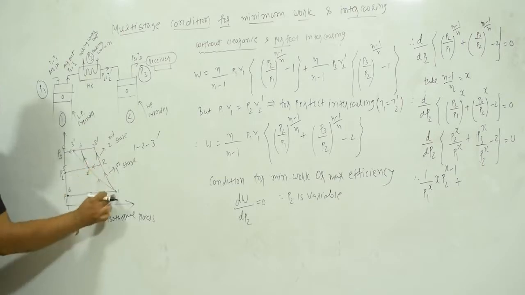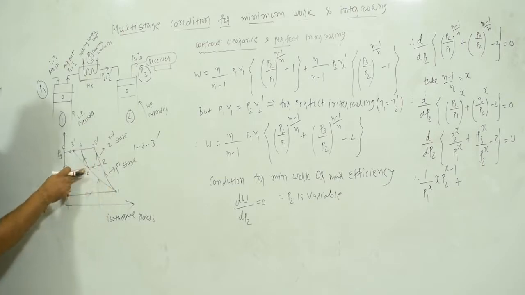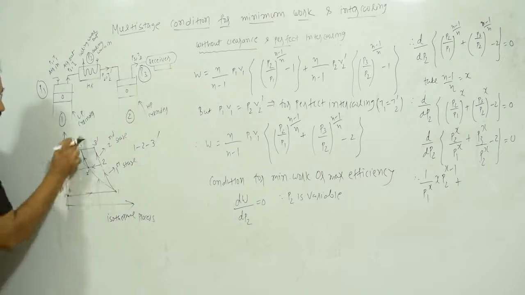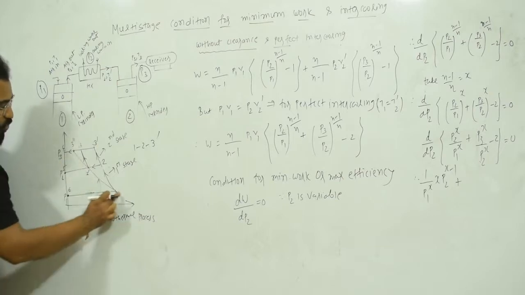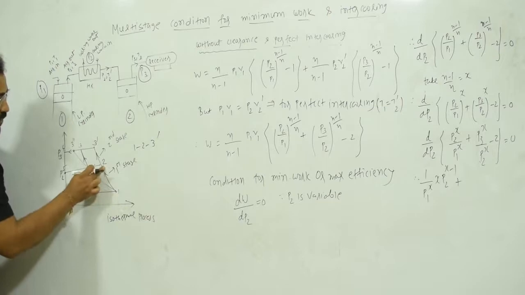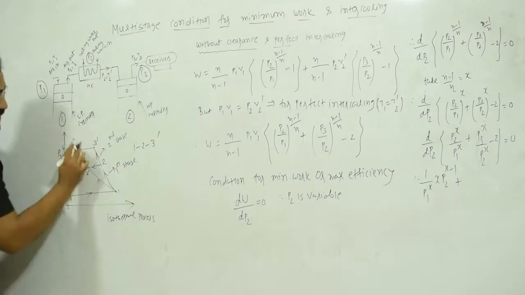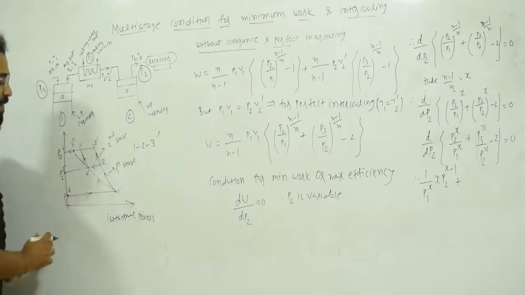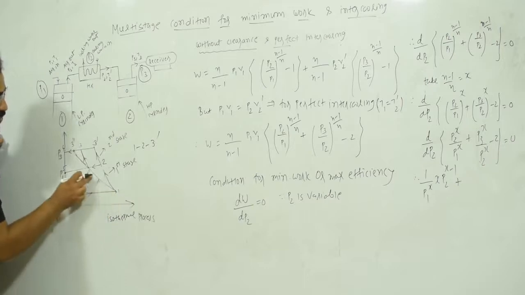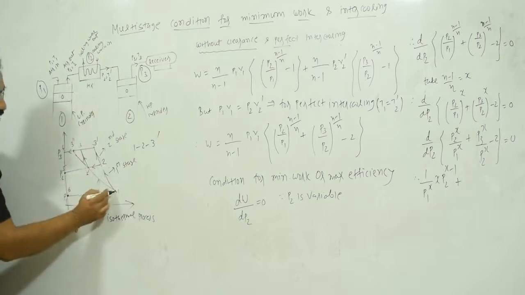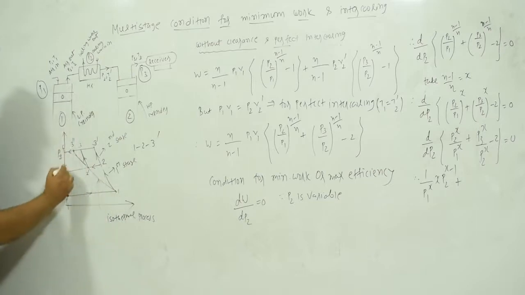So here you can see from 1 to 2, then I will go to 2 dash, and then I do compression and reach 3 double dash. So my cycle will be 6 to 1, 1 to 2, 2 to 2 dash, 2 dash to 3 double dash. You can see that now the area under the curve is reduced, so you require minimum work. And this cycle 1 to 2 dash, 2 dash to 3 double dash is known as the isothermal process. This is the theoretical process, where you will get the minimum area under the curve, that is minimum work.